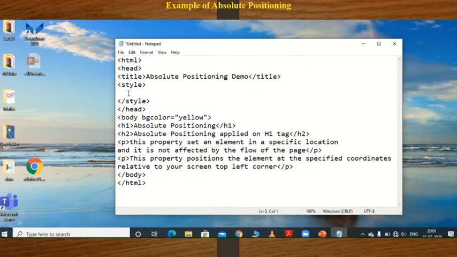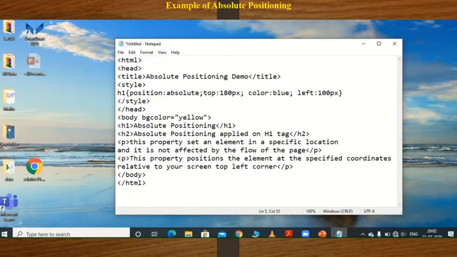Suppose I want to apply absolute positioning on the h1 tag, then I write h1 with curly brackets, position colon absolute, semicolon, top 180 pixels, then color, suppose blue, then semicolon, left colon, suppose 100 pixels.